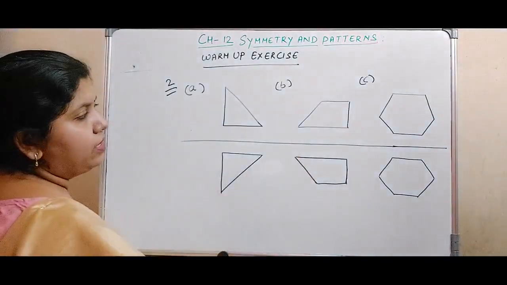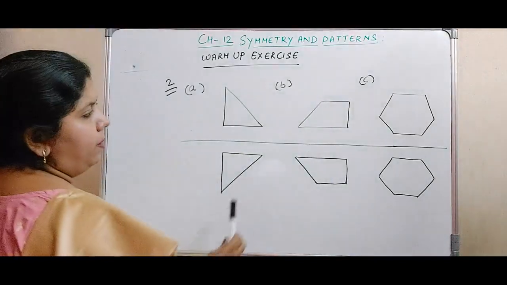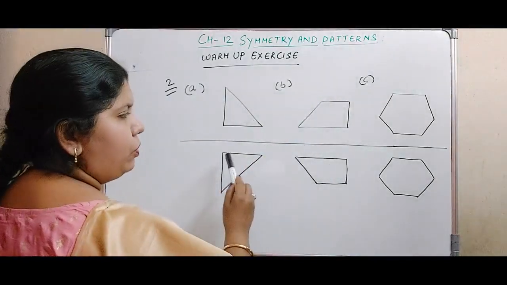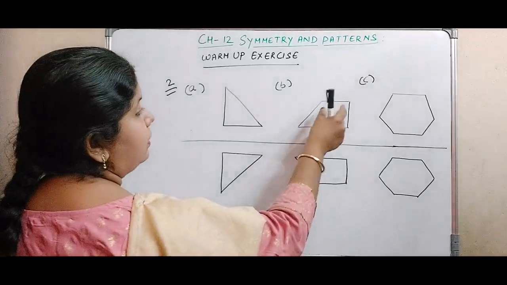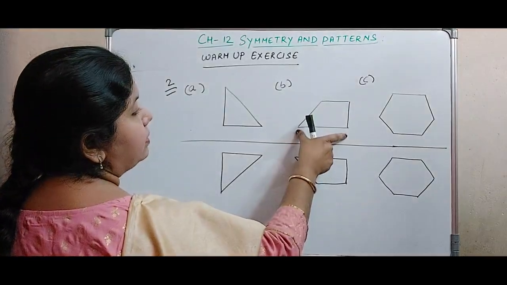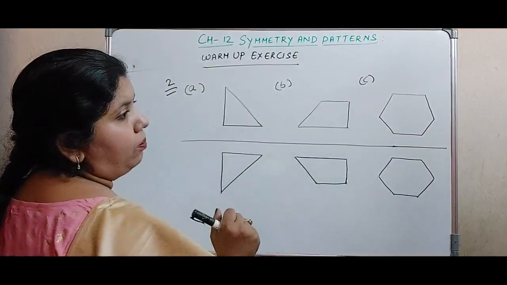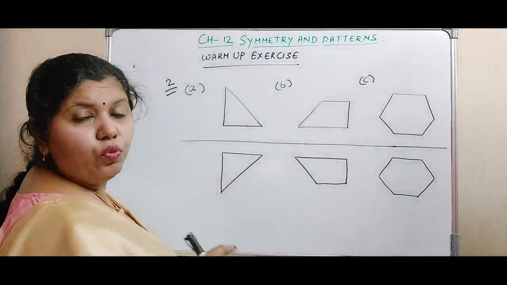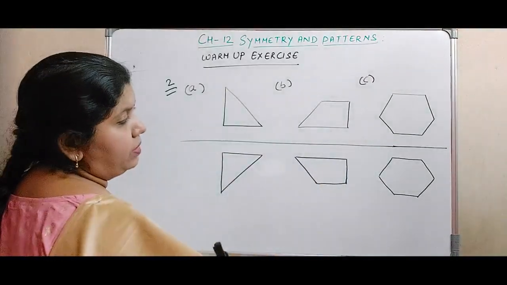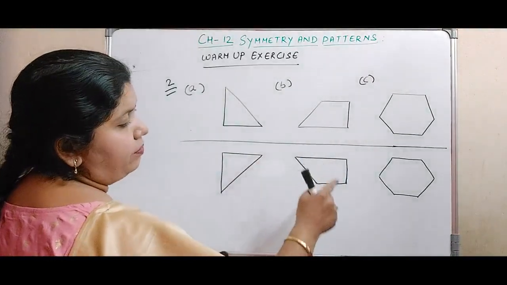Now coming on to the next figure. Here you see it is pointing towards left, this will also point to the left, but the top and bottom are different. Here you see it is broader in the base and shorter in the top roof, but here it is broader in the roof and shorter in the base. So this figure is somewhat looking like a trapezium.